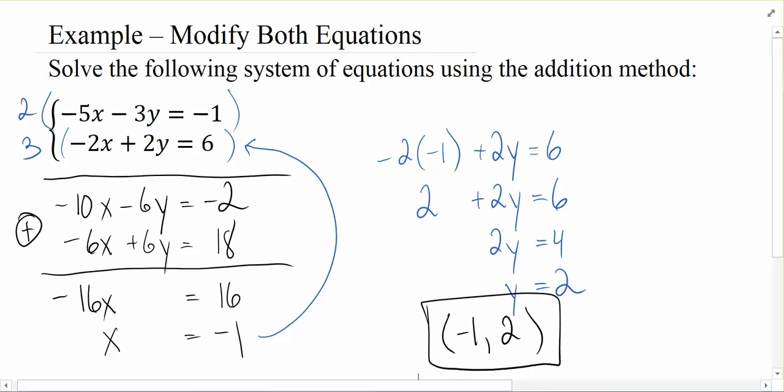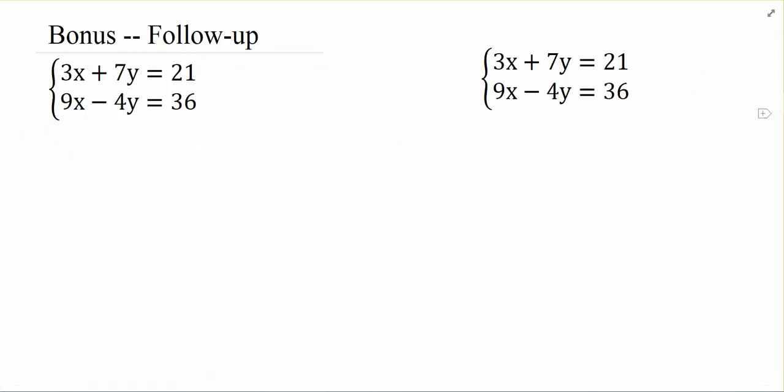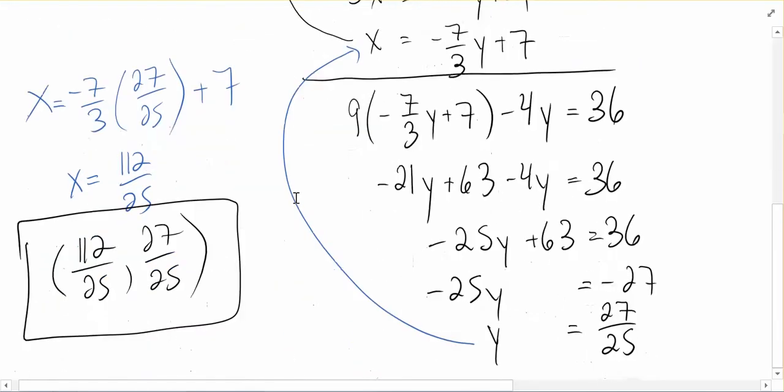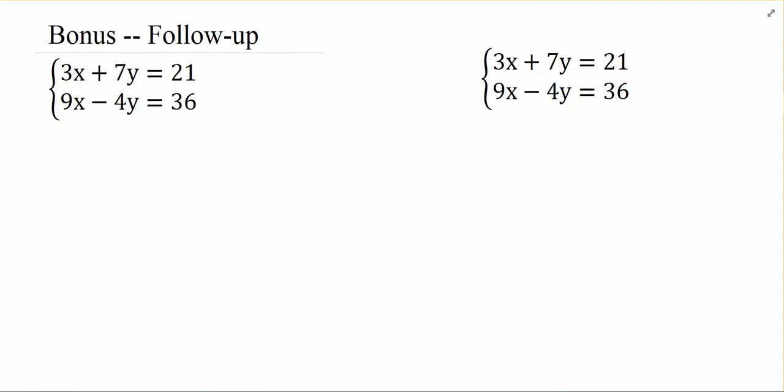Now this is the last example from your notes. I want to give you a little bonus here though, because if you go back to our lesson on the substitution method, we had this super ugly problem where we had these crazy answers. And I had told you at that point that there was a better way of doing it, and that the addition method would make it easier. I just want to point that out here. So I rewrote our modified version without the original fractions in it. We'd clear the fractions no matter what, but I want to point out how we'd approach this problem now.